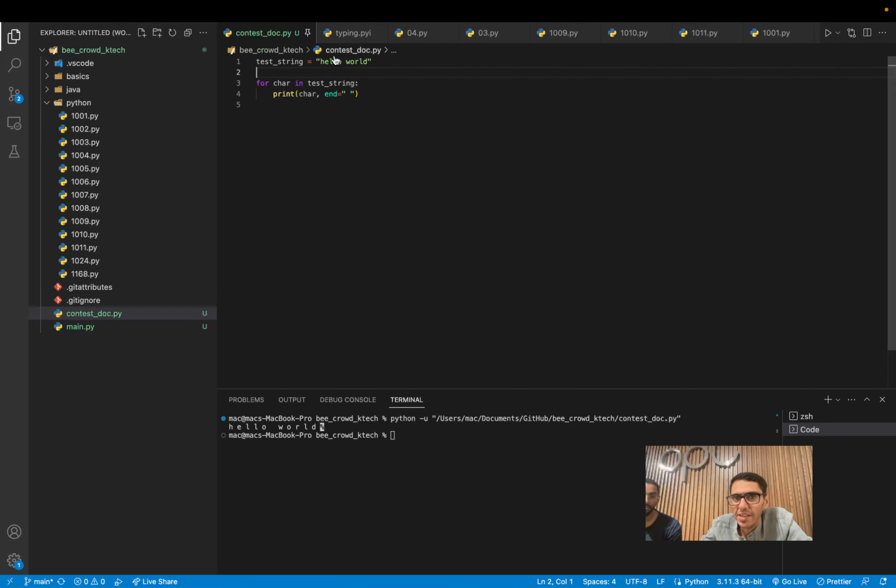Okay. Now, before we dive into other data structures, I want to start with list, because list, I believe, is the most used data structure. And this for loop also is the most used format for looping over a list of items. Okay. Now,